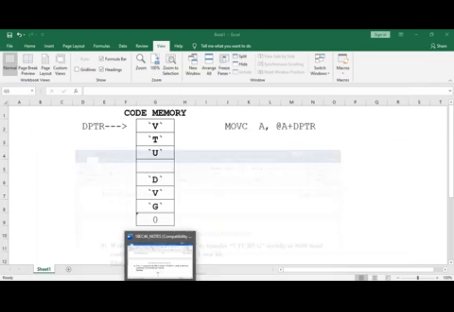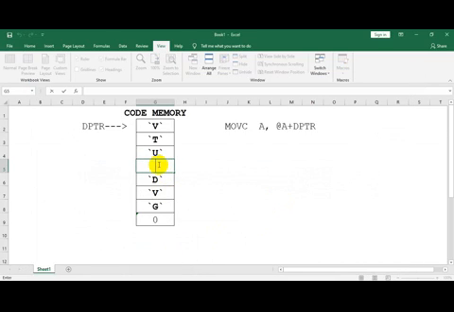This also has an ASCII value. Then the ASCII values of D, V, and G. So this will be stored in the code memory.